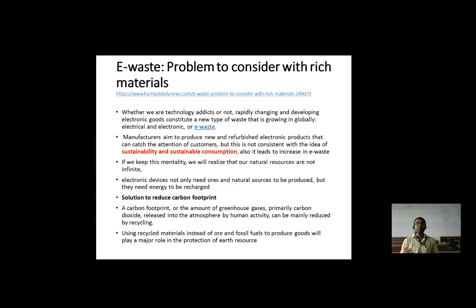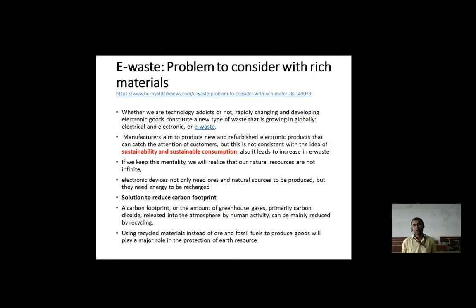It does not mean that we humans just use that particular thing and then leave it to the environment, and the environment takes care of it, whether it is decomposed or not. Then who will suffer it? We human beings will suffer that. So now is the time we need to think to create a kind of material which, after decomposing, will particularly help to rebuild the nature, not to harm the nature.